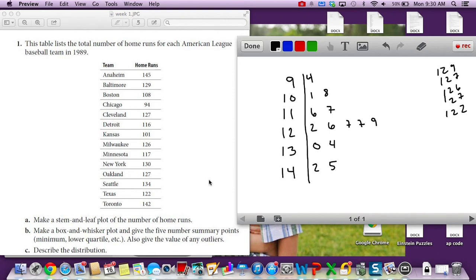Okay, so what I'm going to do is I just want to make sure I got all of them. So I'm going to count here. I have 1, 2, 3, 4, 5, 6, 7, 8, 9, 10, 11, 12, 13, 14 numbers in my stem and leaf plot. 1, 2, 3, 4, 5, 6, 7, 8, 9, 10, 11, 12, 13, 14. So I